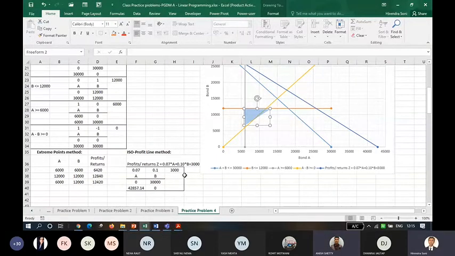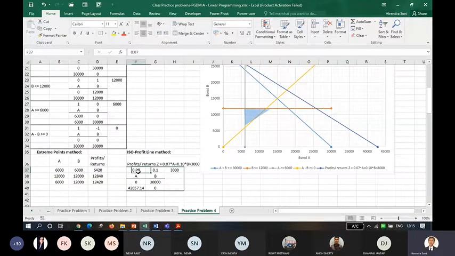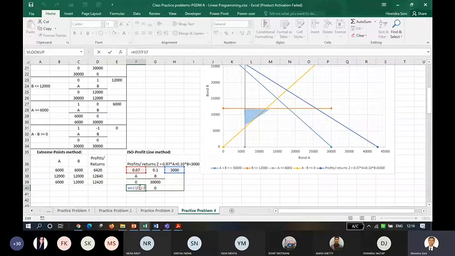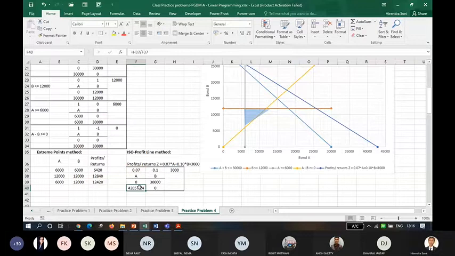So this one, the profit returns one. 0.07 ये कोएफिशिएंट डाल रहा हूँ, प्लस 0.10 इंटू बी, कहीं कुछ तो गलत किया मैंने।